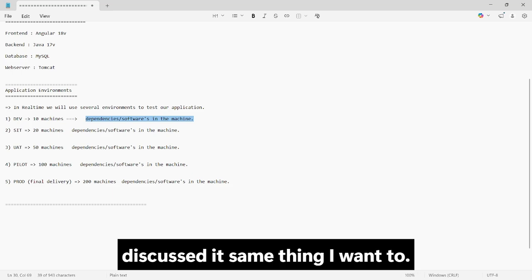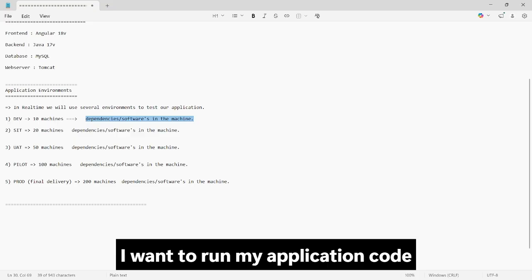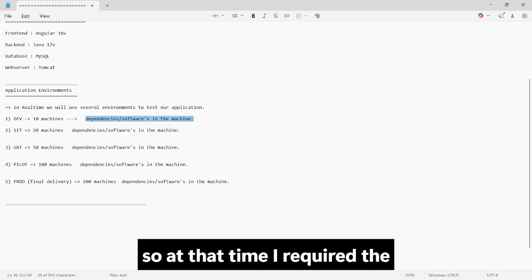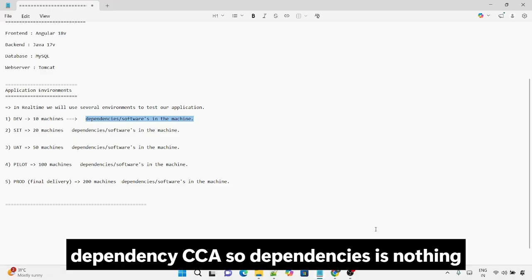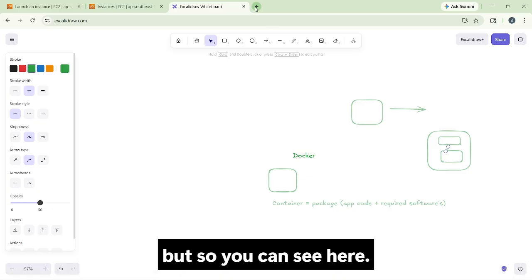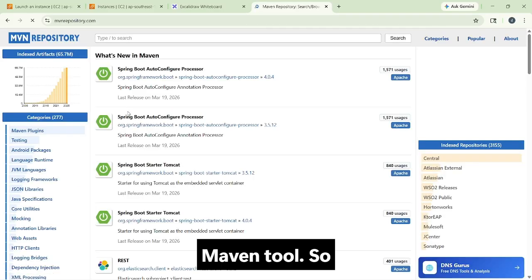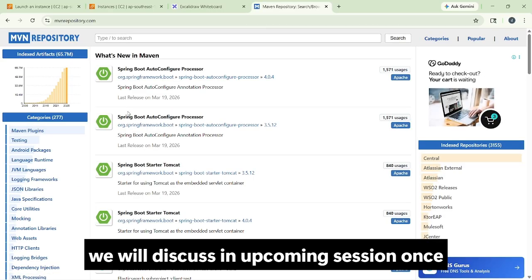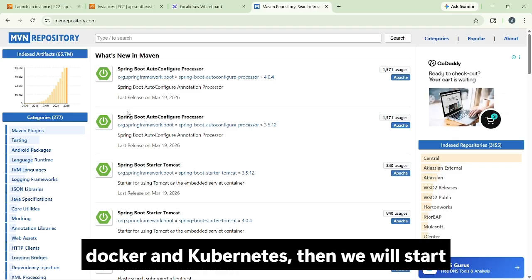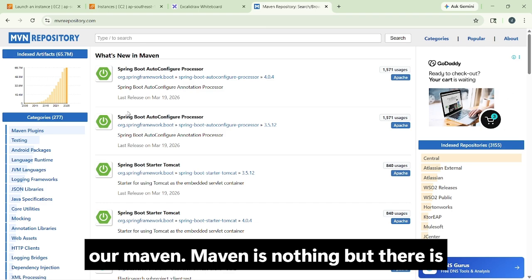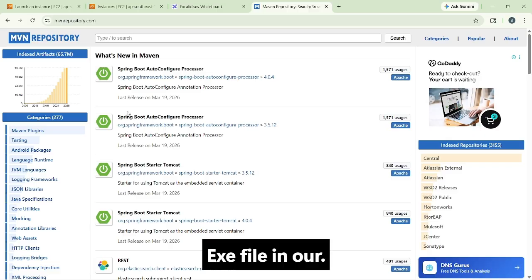We already discussed it. I want to run my application code, so at that time I require some dependencies. What are the dependencies here? The dependency is, you can see here, the Maven tool. We will discuss it in an upcoming session, once we complete Docker and Kubernetes, then we will start Maven. With Maven, there is no need to add the exe file in our